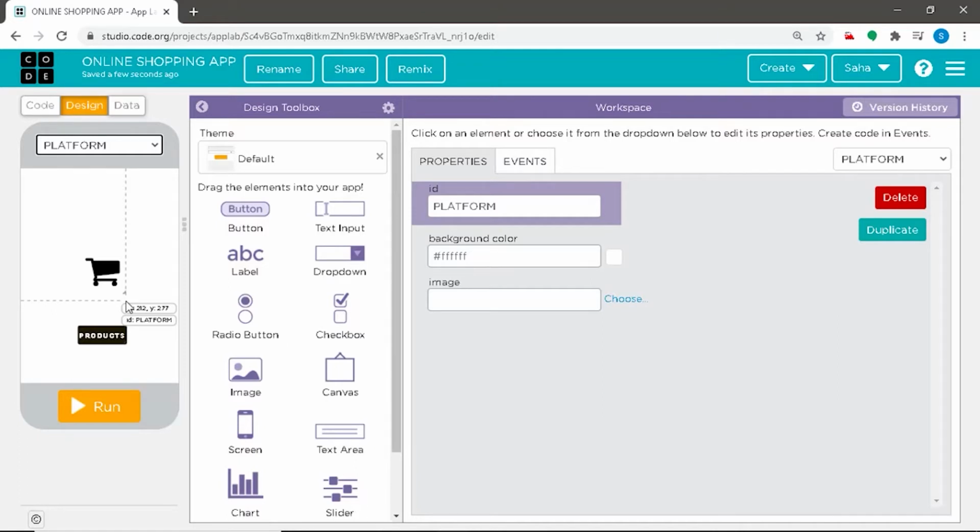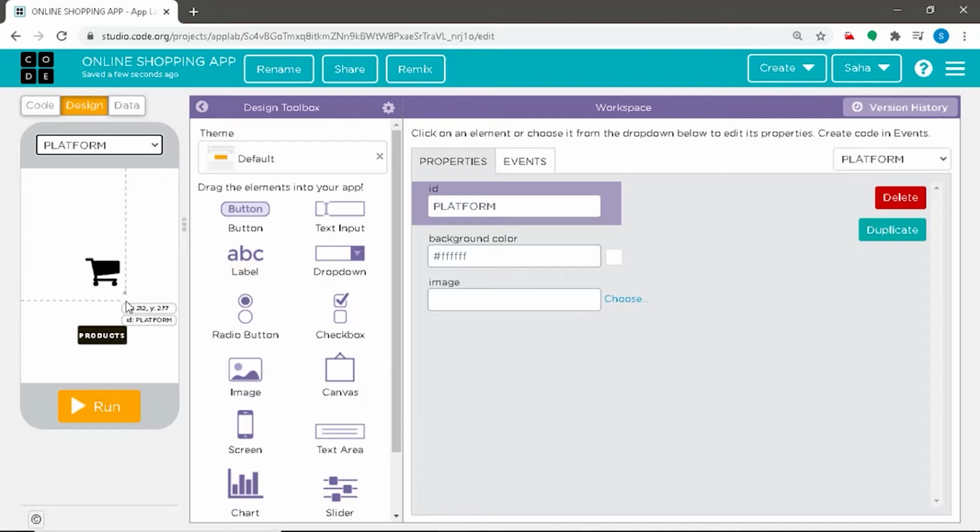So as you can see, our simple layout has been created for our simple online shopping app in the design mode. All we have to do in the design mode has been finished. The task in the design mode of adding elements such as buttons, text inputs or images has been finished. Now all we need to do is to create code for our elements used in the design mode. As you have learned, creating the code enables functions or character traits to the elements which we have used in the design mode and helps our code function properly.